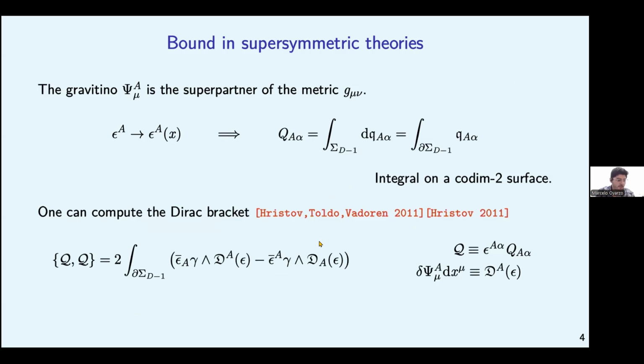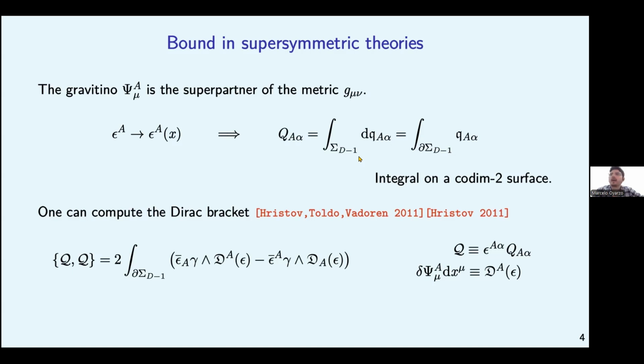So now, what happens if we go to a supergravity theory? Well, many things will happen, but in particular, this means gauging the supersymmetry. So you will have a theory which has this invariance under a parameter that depends on the point. And one of the consequences of this is that the supercharge will be an integral on a codimension 2 surface, because the Hodge star of the Noether current can be written as the exterior derivative of something, up to the equations of motion. Okay, this is the general idea.